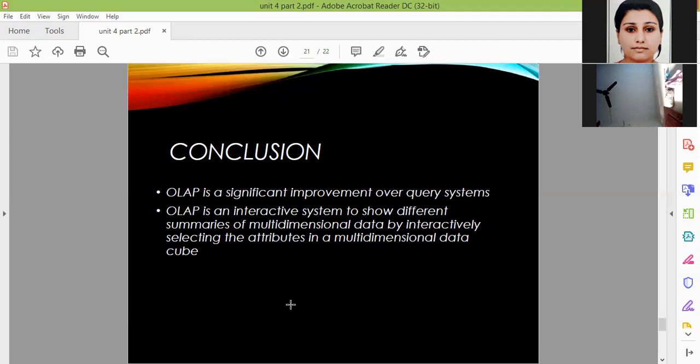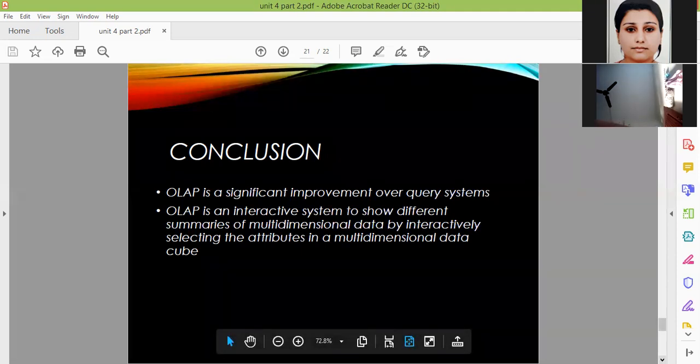OLAP is an online analytical processing tool which is taking the data initially from heterogeneous databases to the warehouse, and from the warehouse to multi-dimensional cubes, and from the multi-dimensional cubes we can access the data depending upon the user need. And those cubes can be rolled up together, rolled down together, drilled down together, and pivot rotation can also be there. So depending upon the user need and query, you can access the data from the cubes. And a collection of many cubes gives a bigger cube, and that cube is a multi-dimensional cube.